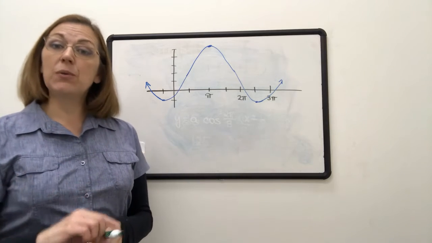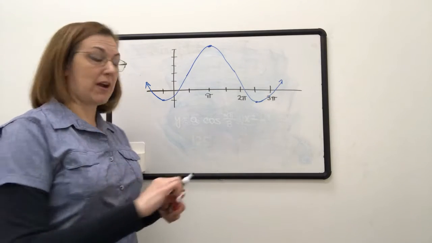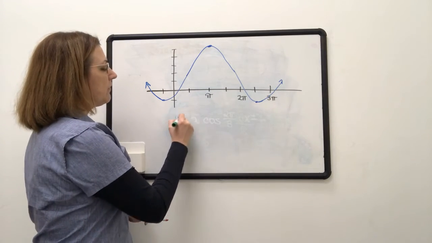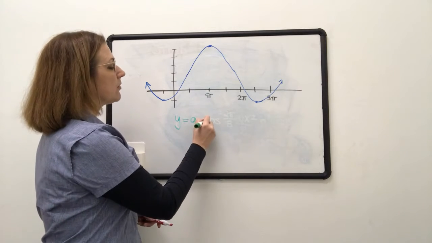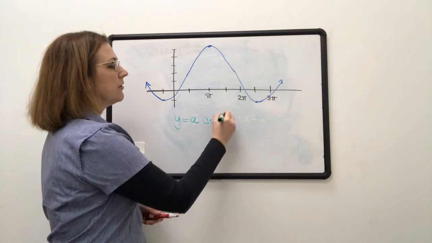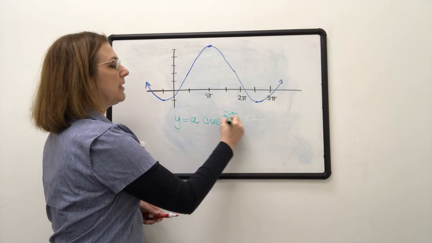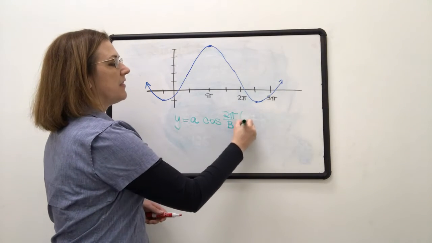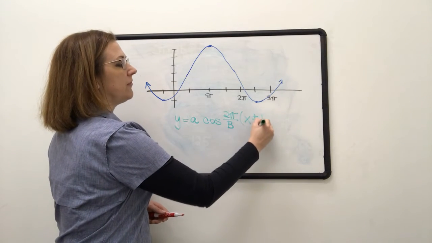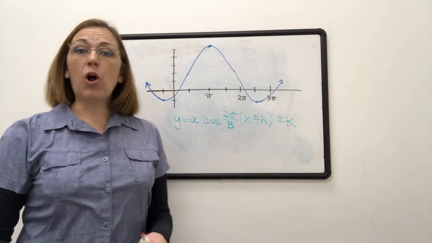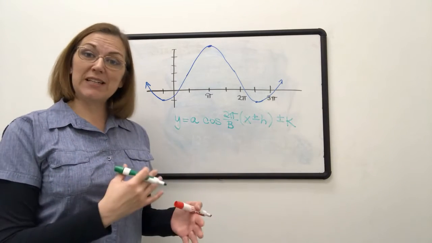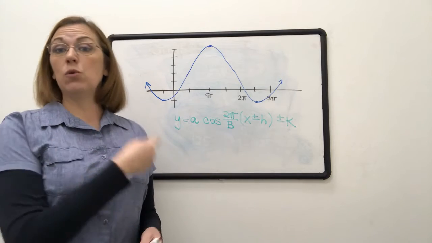Now, let's review the general form of a trig graph or a trig equation. We've got some amplitude that goes in front, and you've got sine or cosine. We'll do cosine first. 2 pi over the period, b. Then you've got some left or right shift, and then some up or down shift. So these are all of the components that we'll need to identify from this graph in order to write the